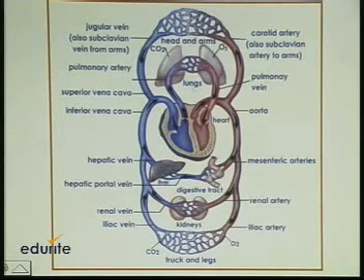I repeat, the blood requirements of the heart have also to be taken care of. There is a third type of circulation called as the coronary circulation. From the aorta arise two branches called as the coronary artery, which supply pure blood to the heart, that is the oxygenated blood. The deoxygenated blood from the heart, picked up from all the parts of the heart, is poured into the coronary sinus, which opens into the right auricle.